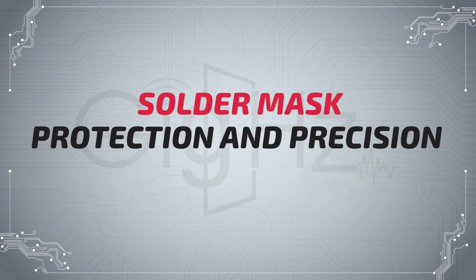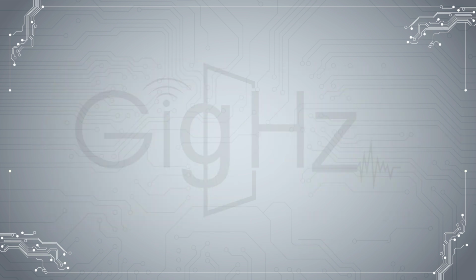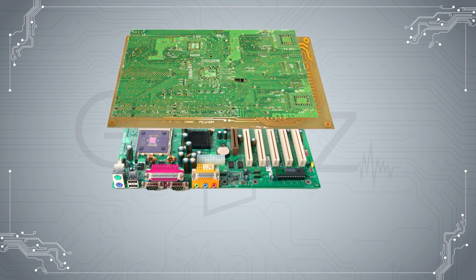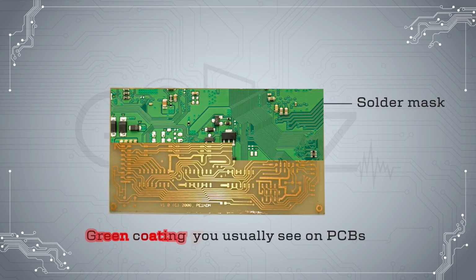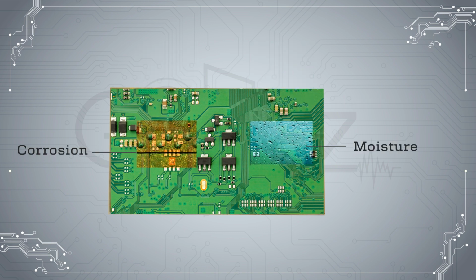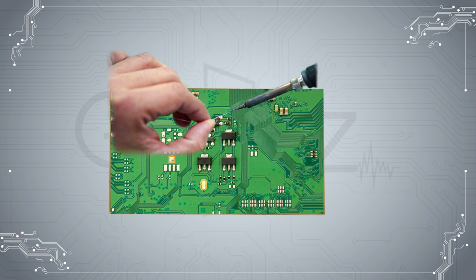Solder mask: protection and precision. To protect the copper traces, we have the solder mask, which is the green coating you usually see on PCBs. The solder mask not only shields the PCB from environmental factors like moisture and corrosion, but also ensures proper soldering